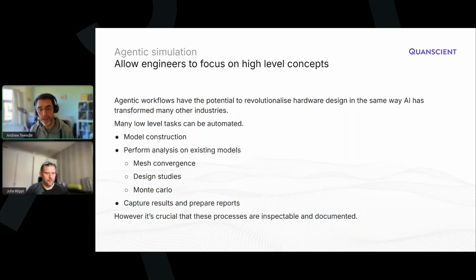And to everyone out there, your questions and thoughts are very, very much welcomed. So we've talked about how agentic workflows have the potential to make a huge impact on the way we as engineers use simulation and the way we develop hardware. And at a high level, we're really talking about the ability to automate many low-level tasks that, in our experience, take up users' time. So this could be everything from model construction to model validation,